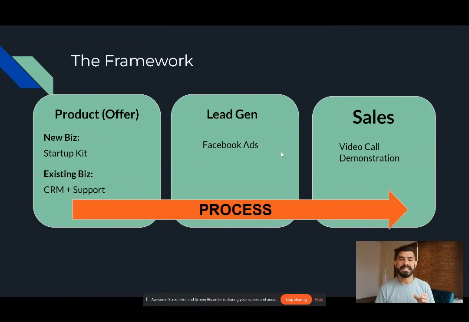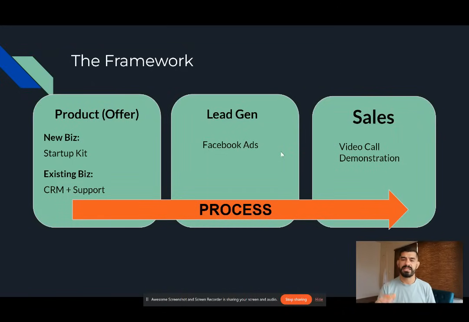Okay. The lead gen method I used primarily was Facebook ads. Again, I have experience with Facebook ads, and that's why I started there. So you have to use whatever you're good at. If you're good at cold calling, cold DMing, using your network, Facebook groups, whatever it is that you particularly know how to do, that's what I would recommend that you work with. But I'm going to show you how I was able to use Facebook ads.